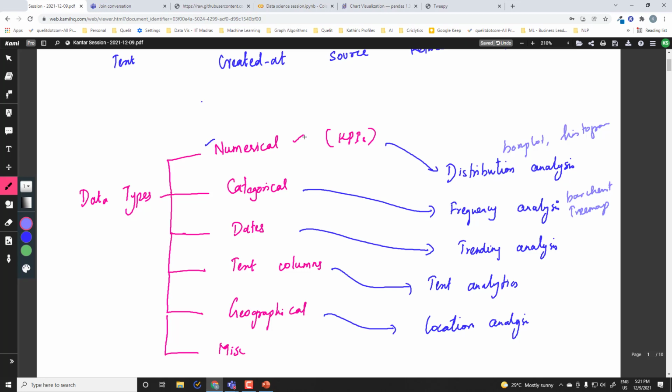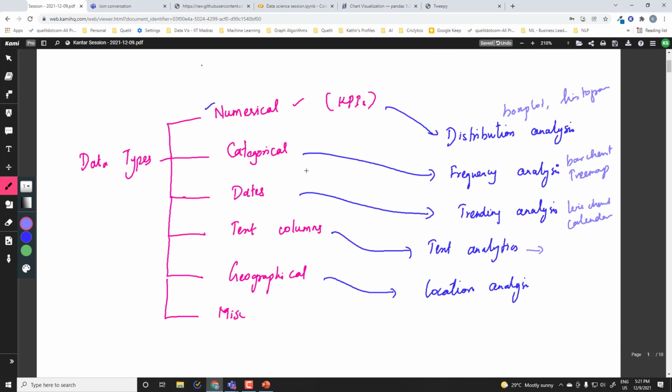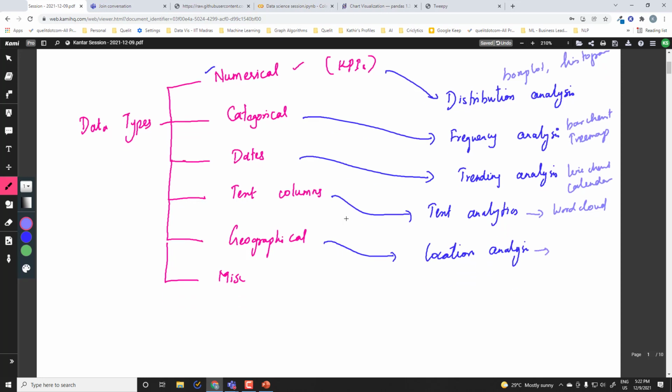If you are planning to do trending analysis, you will have line chart, you will have calendar map, your Gantt chart, etc. will come into picture here. When you have text analytics, you have a lot of visualizations for text analytics. For example, word clouds is one, and there are a few more that usually comes in when you have text data. When you have location analysis, you can use maps, and within maps there is like choropleth maps and cartograms, etc. that comes into picture.